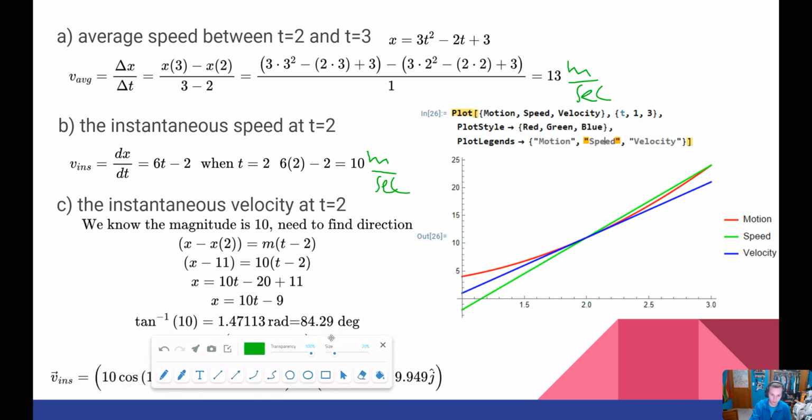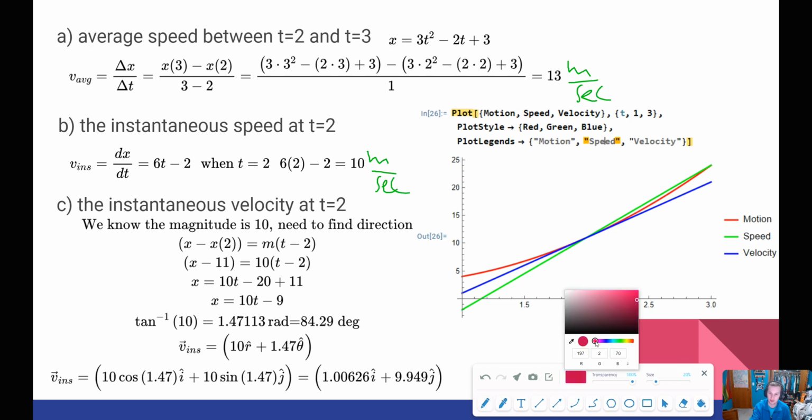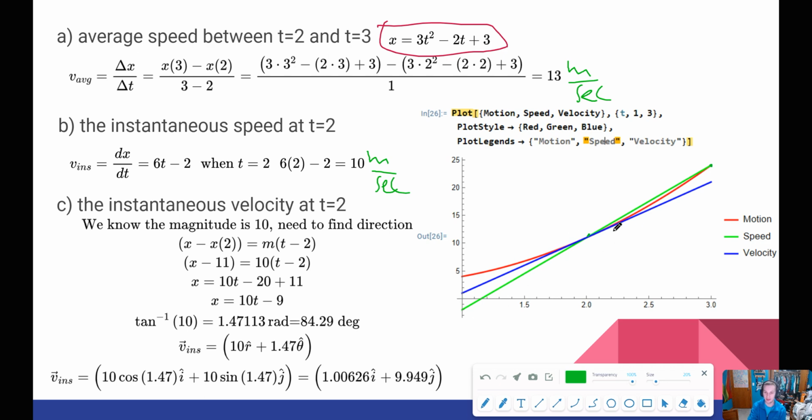So let's bring this over here. What we're going to be doing here is, if you look over here on the right, I've got the red line, right, which is our original function. So let's put this box in red. And what is happening is that I graphed our average speed from part A here in green. I did some math behind the background to find out what the equation of that line is, but as you can see, it intersects the graph here at t equals 2 and then up here at t equals 3. But I also have the instantaneous velocity here that touches our motion graph at t